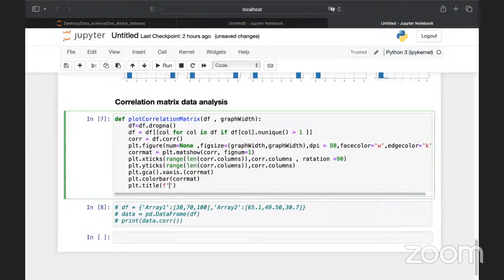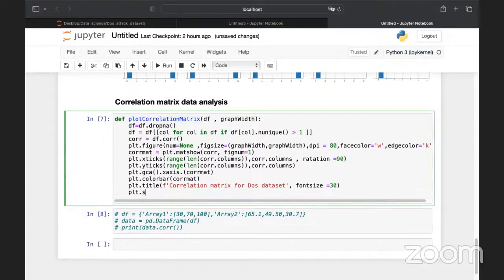That means correlation matrix for DOS dataset. Yes, we can write this, correlation matrix for DOS dataset. Okay, and if we have done this, we can also give the font size, suppose 30. Okay, I'm giving the font size 30,